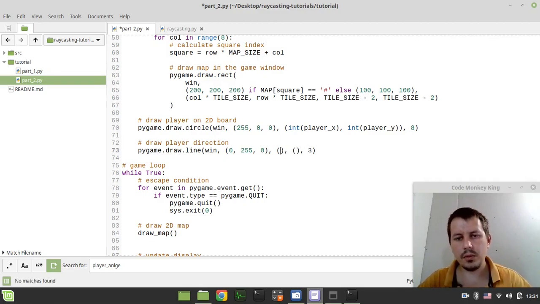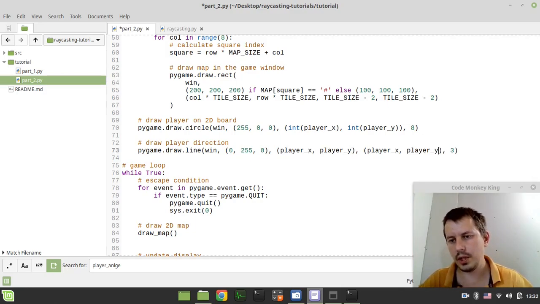First we need to specify the player X and player Y coordinates, the starting points where the line comes from, and here we'll specify the points where the line eventually comes to. So here we can simply say player X and player Y, whatever coordinates we have, and here is where the only